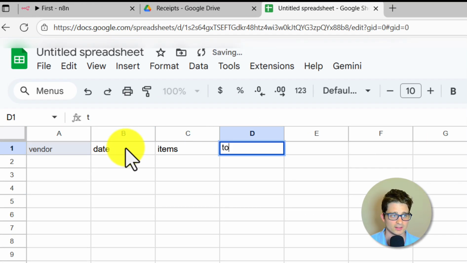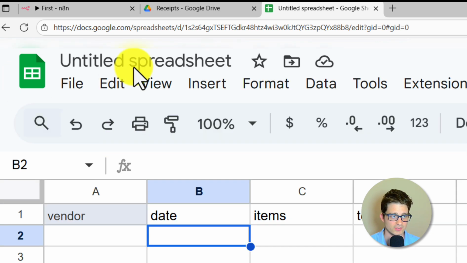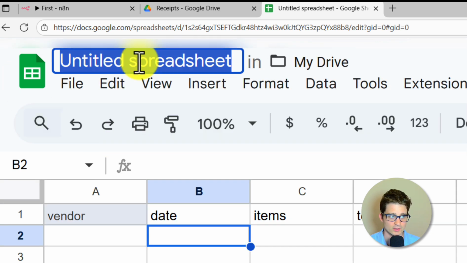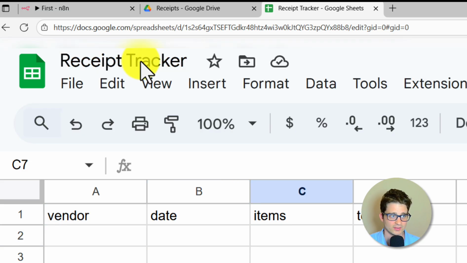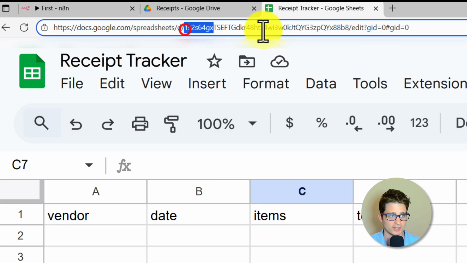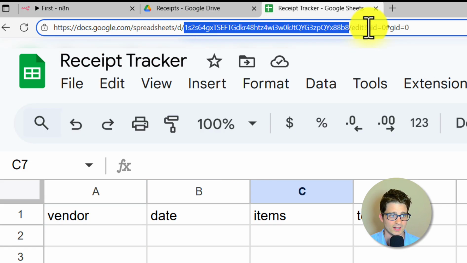So now I will create our Google Sheets, which will be used as the output. So I will name it receipt tracker, and I add vendor, date, items, and total columns to it. And we can now